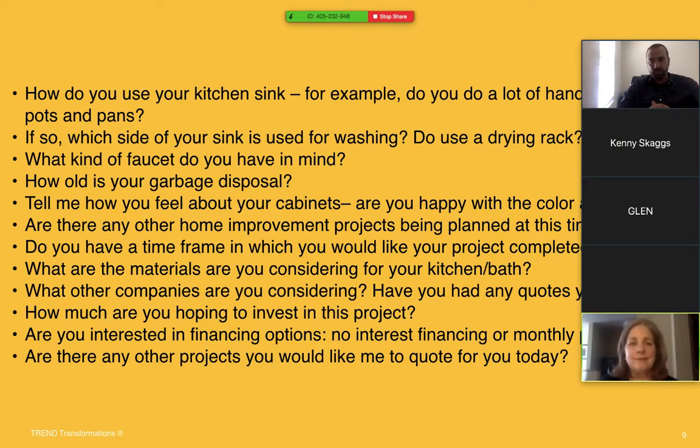Our next question is, are there any other home improvement projects being planned at this time? So obviously you're trying to get a gauge, oh man, are they trying to do windows? Are they trying to do something else that is going to interfere potentially with your project, number one, but also what kind of cash flow is being dedicated to everything? And are they doing financing? If so, are they interested in doing financing for their project, which we're going to get into a little bit later. So it's important that you understand what kind of projects you're up against,